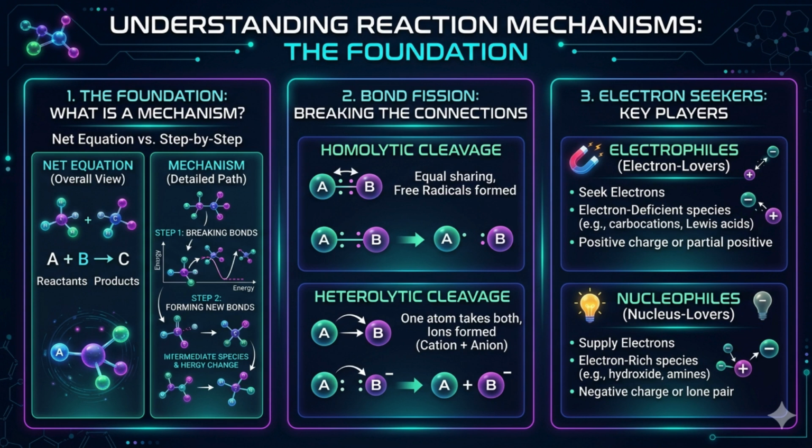Electron seekers. Finally, meet the key players that drive these reactions, the electron seekers. On one side, we have electrophiles, the electron lovers. These are electron-deficient species, often carrying a positive charge, searching for a negative source to stabilize themselves. Think of them as a magnet looking for its opposite. On the other side are nucleophiles, the nucleus lovers. These are the donors. They are electron-rich, often packed with lone pairs or negative charges, ready to supply the electrons